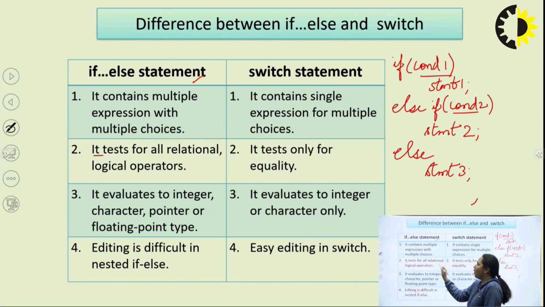It tests for all relational and logical operators. In an if-else statement, we have an option to write these conditions based upon any relational or logical operator also. But in the case of switch case, we can test only for equality, which means if I write